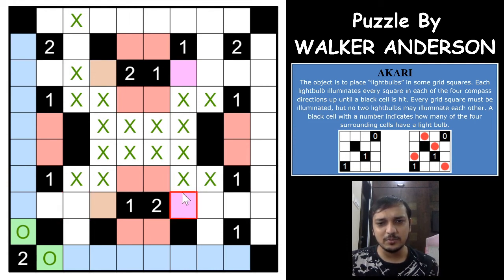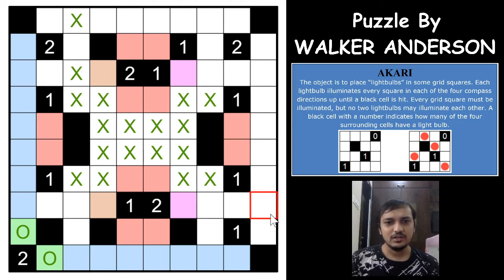Because you cannot have a light bulb here, you can have a light bulb here, which will mean that there will be a light bulb in one of these 2 cells. We are not sure of it. So